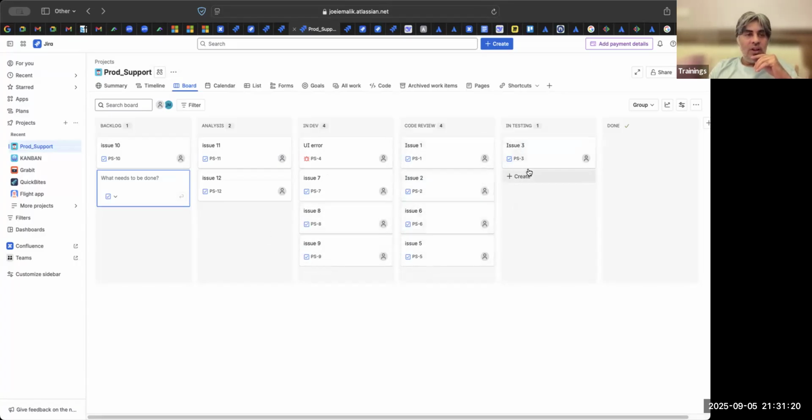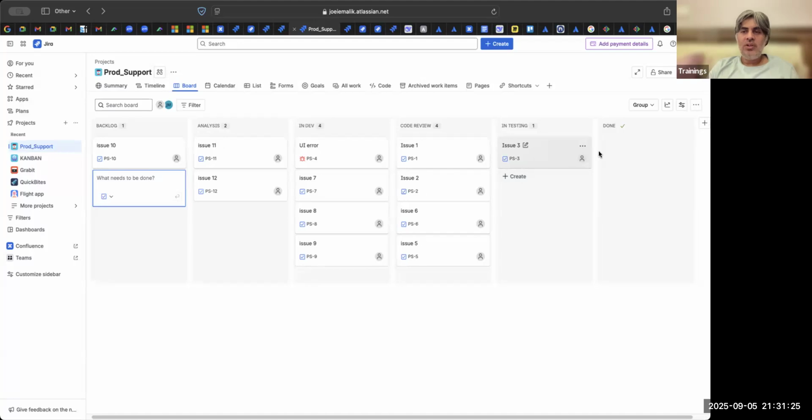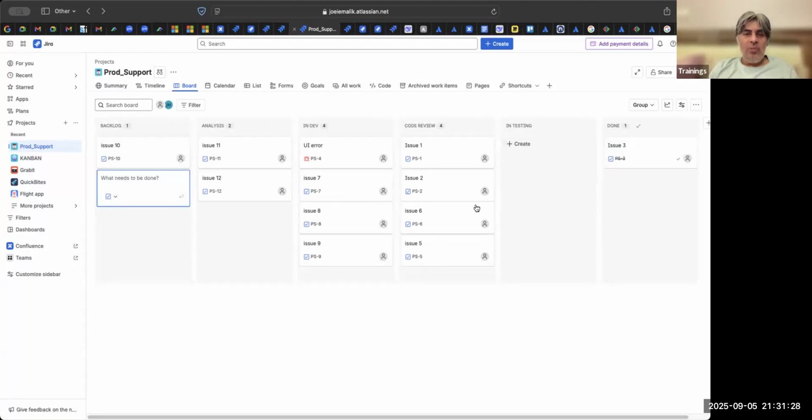So the testing is fine. Dipta is testing just one ticket, fine, she moves it to done state. But the problem is developers are doing fine, testers are doing fine, but still only one ticket is getting done. The problem is there is a queue build up in the code review. So this is what we analyze in the Kanban workflow, in which status is my bottleneck. There are three concepts, lead time, cycle time, and CFD, to find where the buildup is happening. But we'll come to that later.